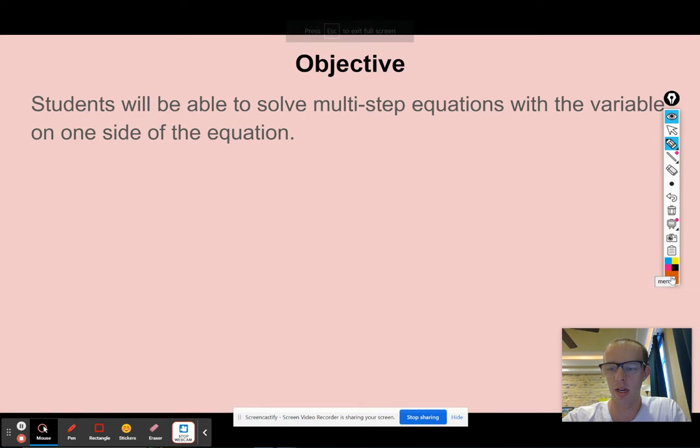Okay, on this video, we are continuing to work on our objective that students will be able to solve multi-step equations with a variable on one side. In the last lesson and the last video, we worked towards doing some simple ones. And this time the equations are going to get a little bit more complex. They're going to get about as complex as they can get with a variable on one side. So let's hop into some